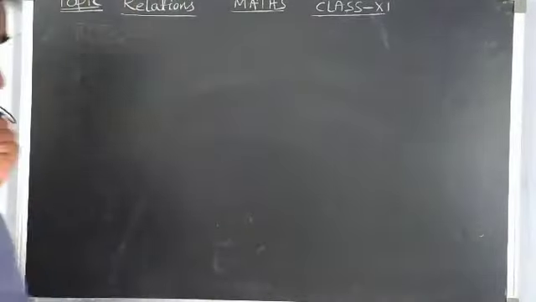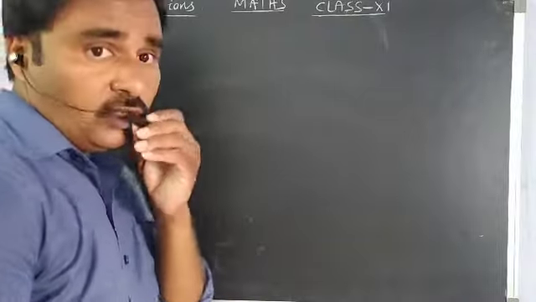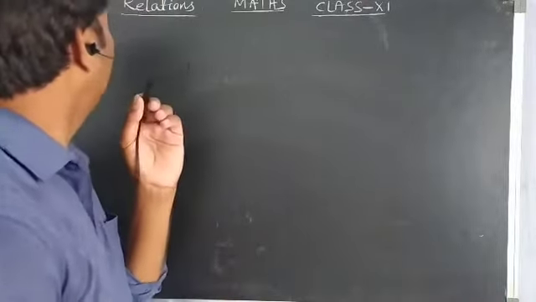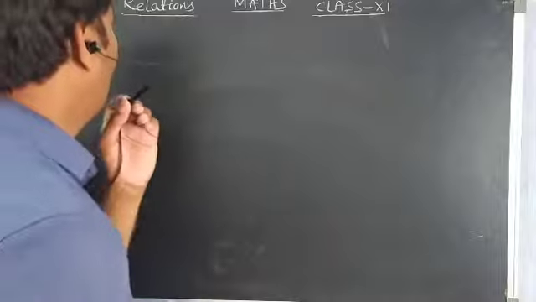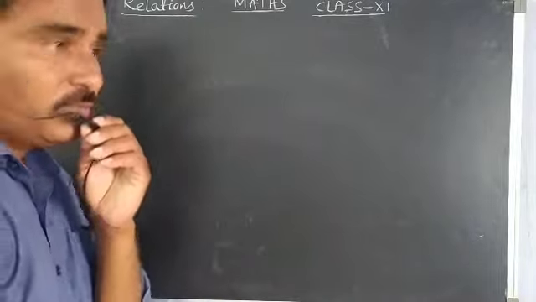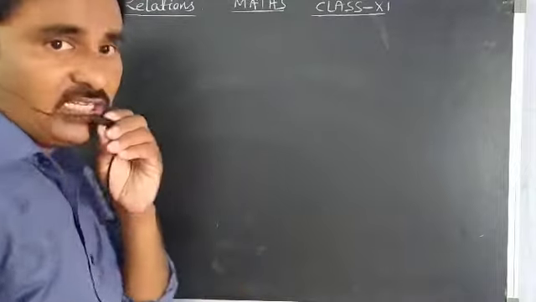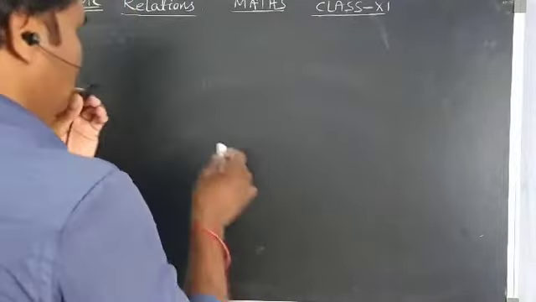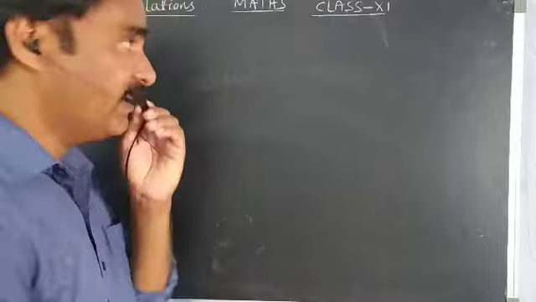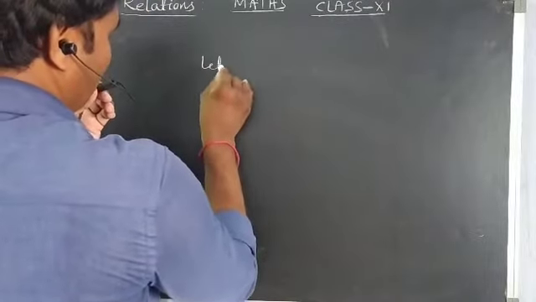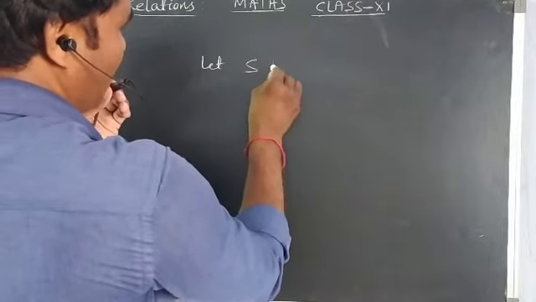Now, today also we are going to discuss relations and a few examples. Let us recall what a relation is again, what is relation and what are the types of relation. To define the relation, what do we require? We require a non-empty set. So I am taking S to be a non-empty set.